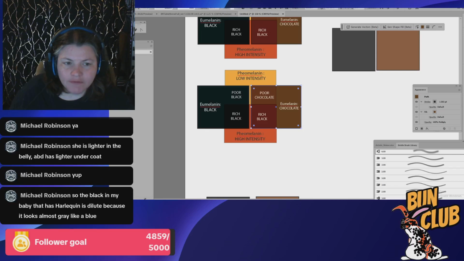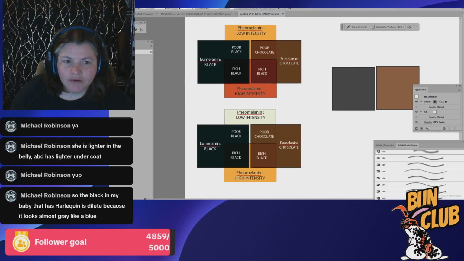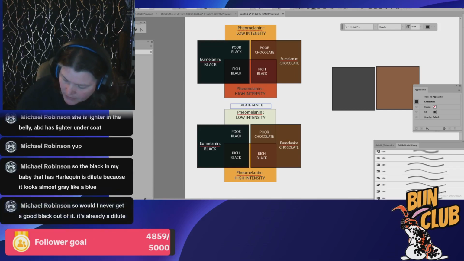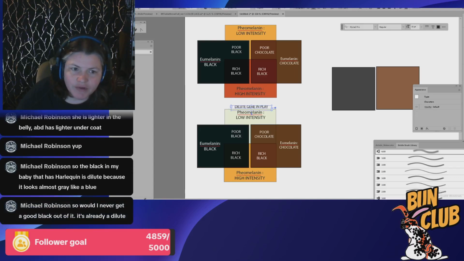Let me think about this. And so dilute, if you add dilute, that may wash out your red to this, and that might be a better, okay, add it with dilute gene. We're going to go dilute gene in play down here. So dilute gene in play,